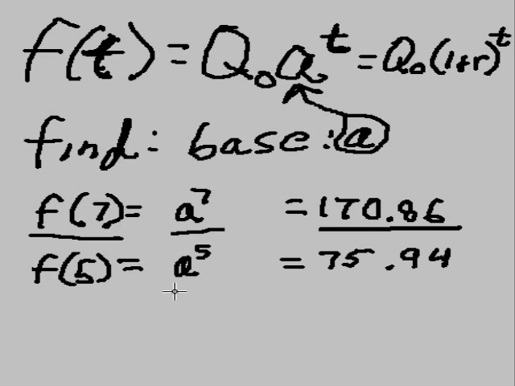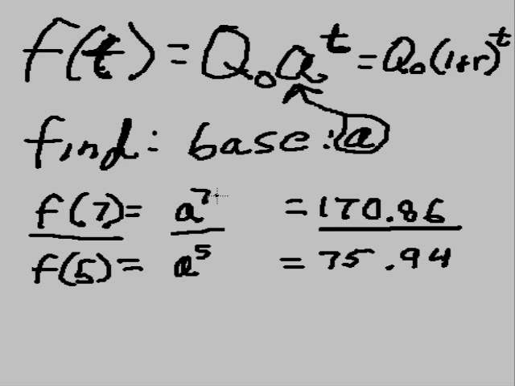What is a to the 7th over a to the 5th? I can rewrite a to the 7 over a to the 5 as a to the 7 minus 5. I can do that. Can I consolidate that? What's 7 minus 5? Well, that's 2. So a squared is equal to